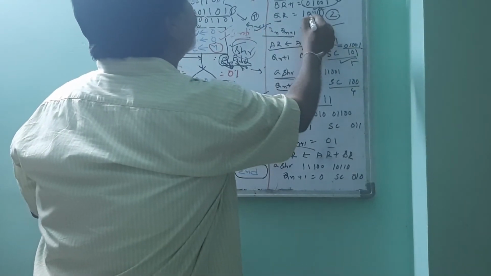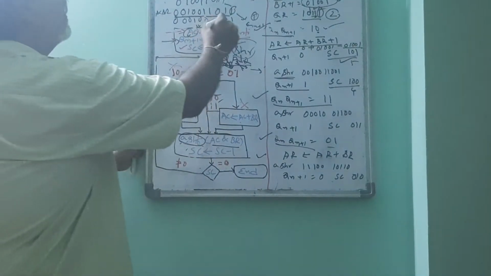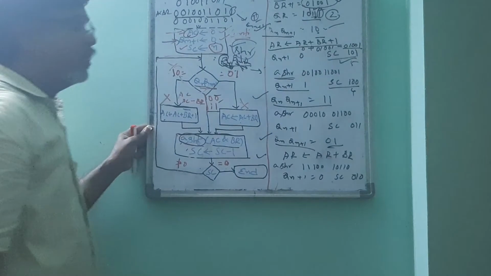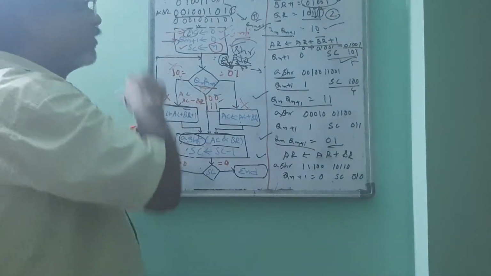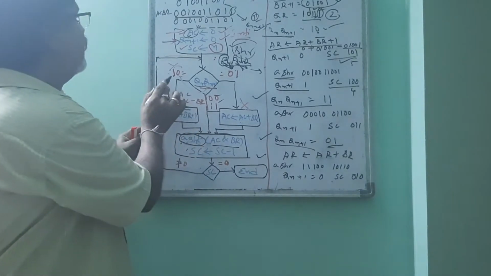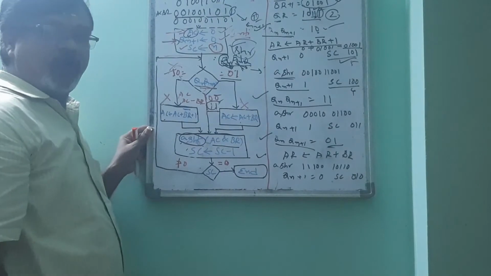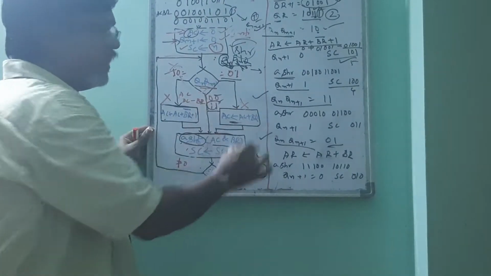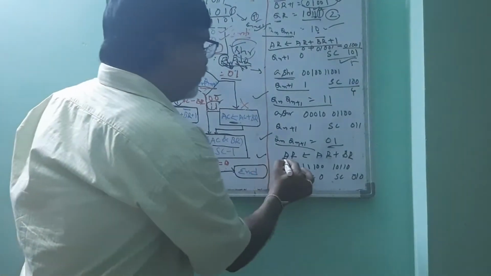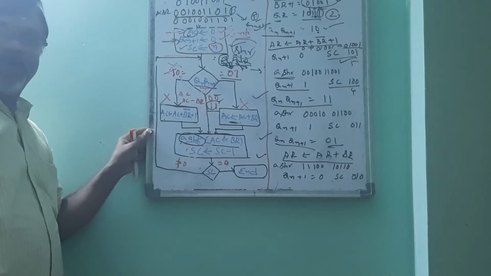So after this is over, now the value is 0 and Qn plus 1 is 1. So if it is 0, 1, what are we going to perform? Previously it was 1, 0, and here 1, 1 is over. If it is 0, 1, how are we going to do it? Simply we add the accumulated value to its BR value. So here we perform the addition, AR is equal to AR plus BR.